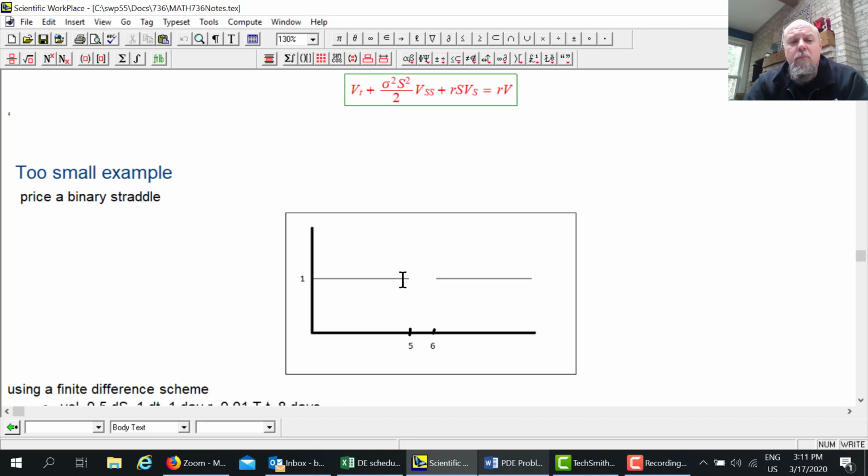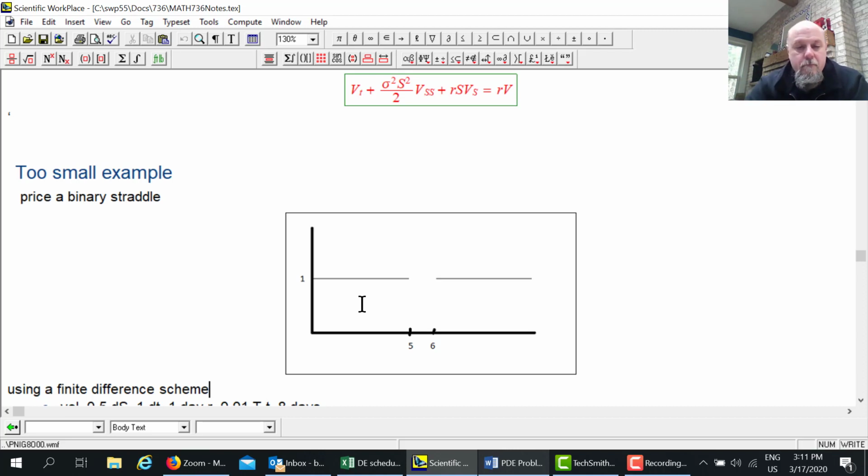So I want to price a binary straddle, and by binary straddle I mean something with this payoff. If the stock finishes below 5, I get $1. If it finishes above 6, I get $1. If it's anything in between 5 and 6, I get 0. So I could actually price this, right, using the page 200 formulas. I could do a binary call with E equal to 6 plus a binary put with E equal to 5. I could get the formulas for this and price this. But I want to use it as an illustration for